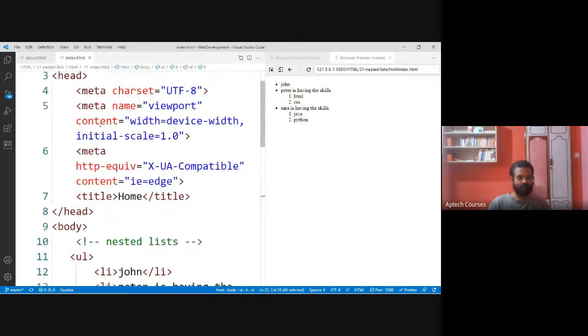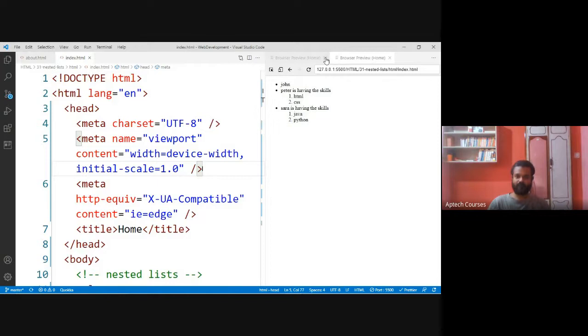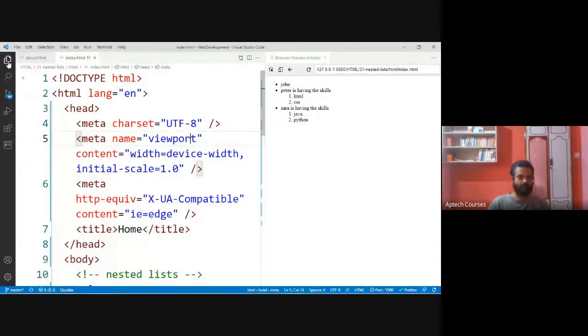So, this is the basic nesting. Tag inside tag, we can nest to any level, but we should be organized, otherwise we'll get confused. In any level you can nest the tags.